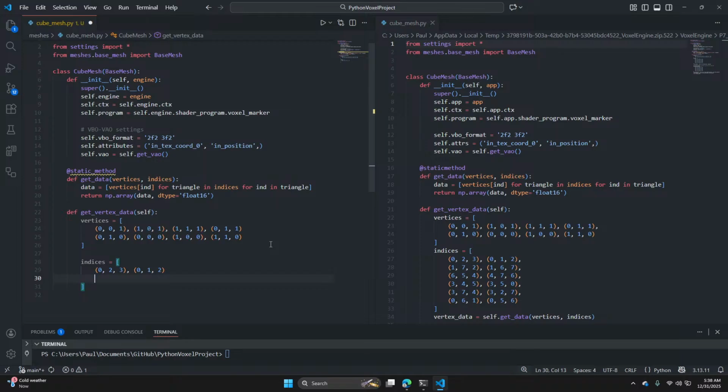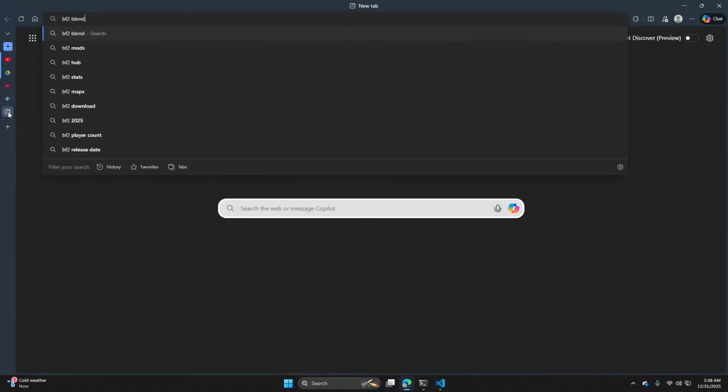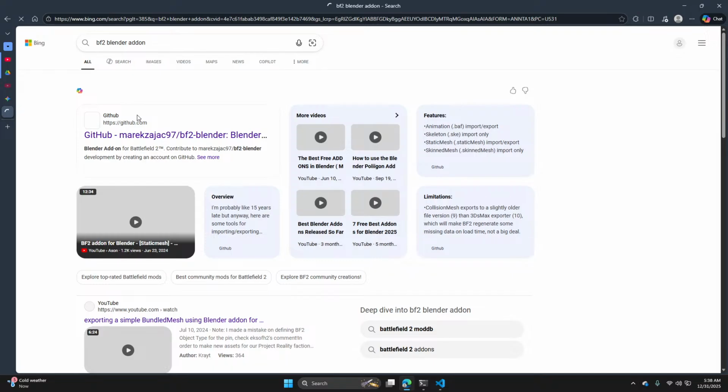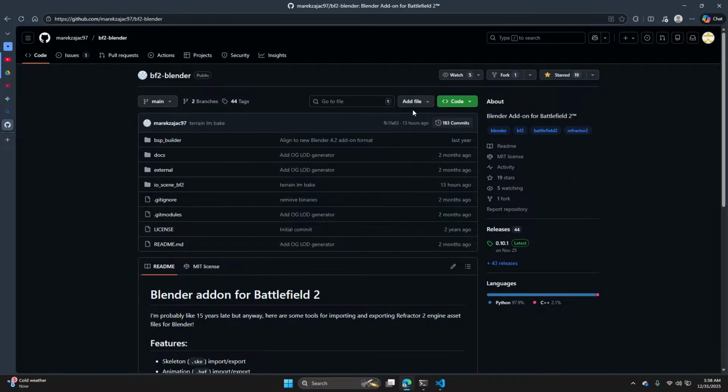Like some of them. But the reason why I'm doing this one is this add-on. I'll show you. This is a Blender add-on for Battlefield 2.